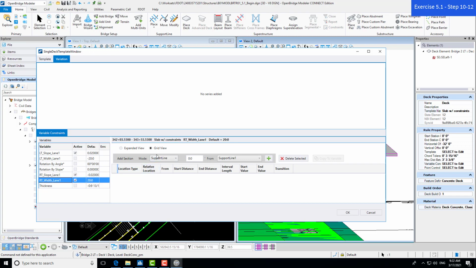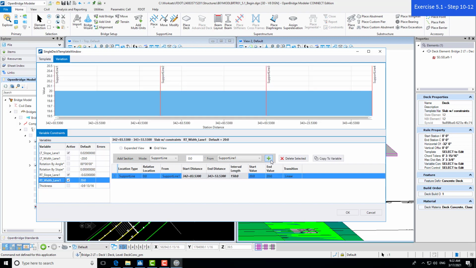In order to do this, there are different options here. For our case, we're just going to keep it with our mode for support line and from support line 1. I'm going to click this green addition box here, and really what that does is just add a section here. Now the information here is included. You can see the start distance and end distance. If you look, this is the exact start and end distance of our deck, which is what we want,